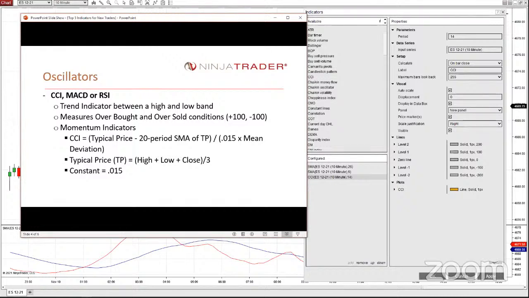It's a momentum indicator again, and there's the equation. The equation is based on typical price. If you remember from your technical analysis days in school, the typical price is basically high plus low plus the close, divided by 3. What the CCI does is subtract the 20-period simple moving average of the typical price, divide it by a constant that somebody created, times the mean deviation, and then you get the CCI value. And it oscillates around a zero line, right? Oscillates around a zero line.